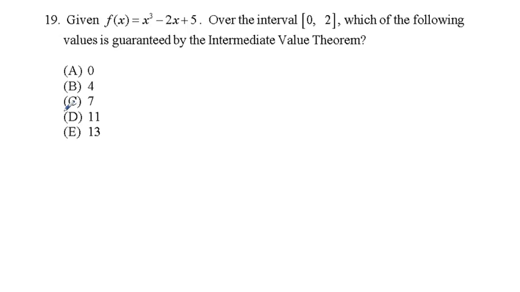Number 19, given f of x equals x cubed minus 2x plus 5 over the interval 0 to 2, which of the following values is guaranteed by the Intermediate Value Theorem? For this, I'm going to use a and b like we did for that average value problem. So f of b equals f of 2